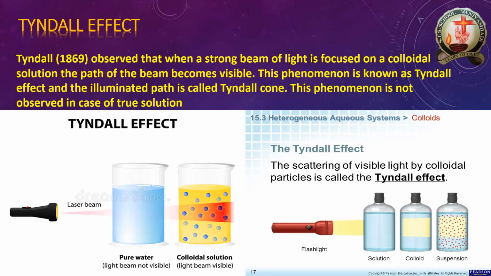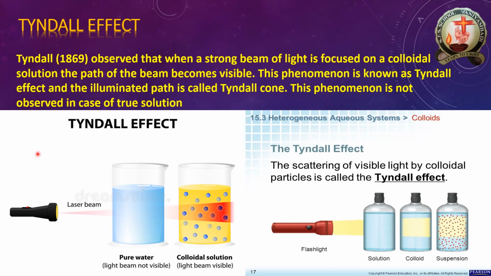Then the Tyndall effect. The Tyndall effect is a very useful effect for observing the colloidal solution by the focusing of light. Okay, what happened? The Tyndall effect is the scattering of light. The Tyndall effect is nothing but scattering the light. Why the sky is blue, why the ocean is blue, means the Tyndall effect is happening. The Tyndall effect has a major influence on the blue color in sky and ocean.